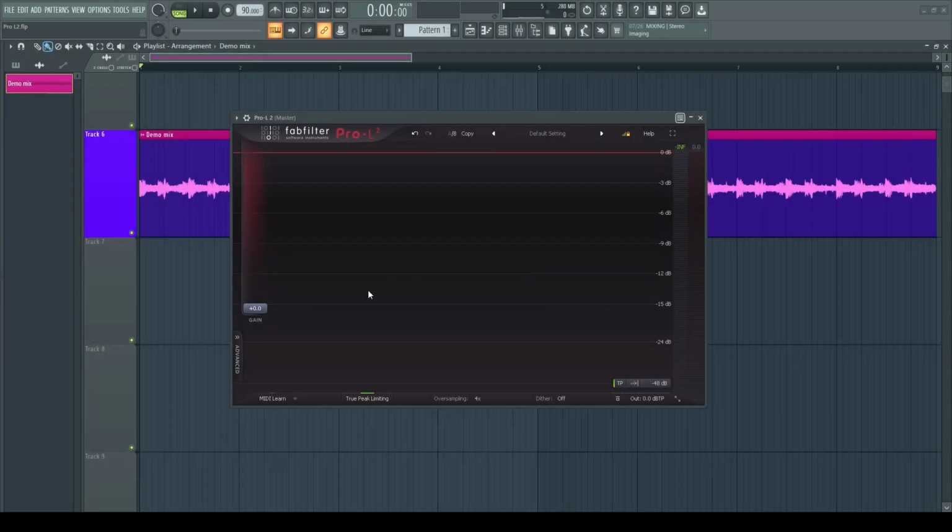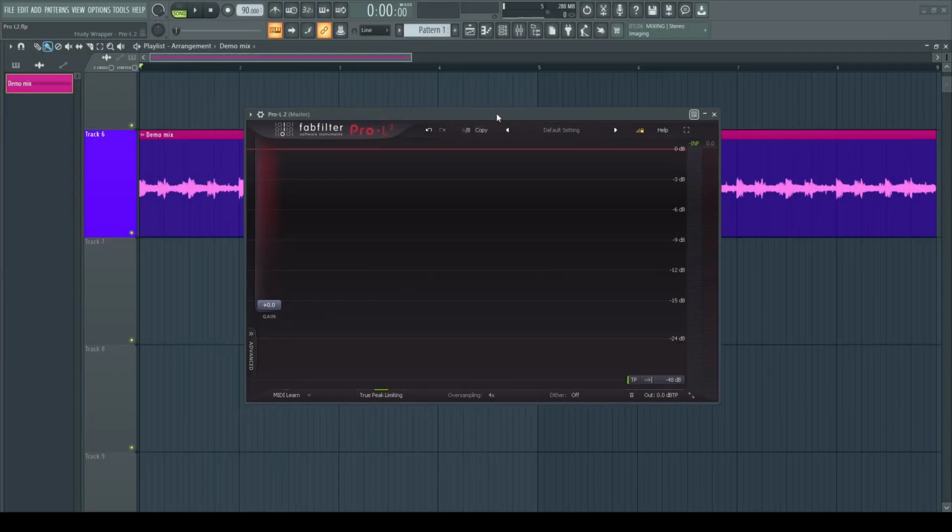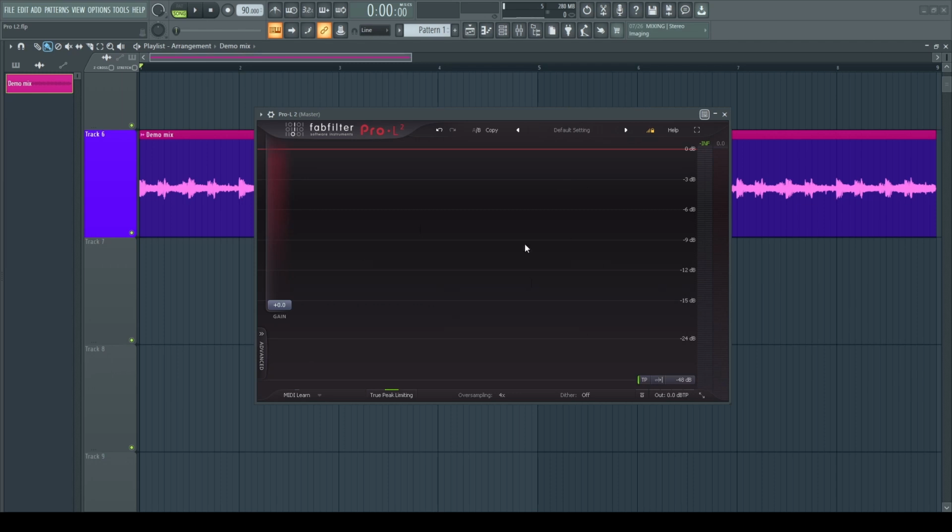Now let us go through some of the advanced features which are really interesting about this plugin and which make it versatile and different from other limiters. Here you'll see a small advanced tab. If you press on it, you'll see this little section popping out. The very first thing we see here on the left side is the limiting style. There are different styles, so you can just go through each one of them and see which one works for you.